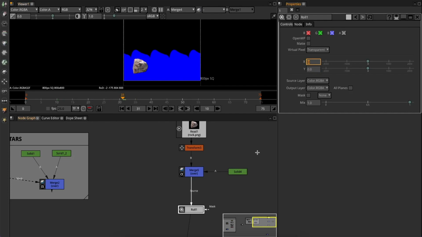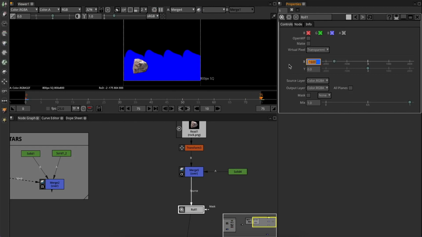Maybe you've heard about this effect called parallax. Basically, it means that in real life, more distant objects move slower than the objects closer to us, closer to the camera. To fake a bit more the fact that the hills are far away, let's make the rock roll twice faster. Add a keyframe on the very first frame, the same 0, and go on the last frame and set up a negative